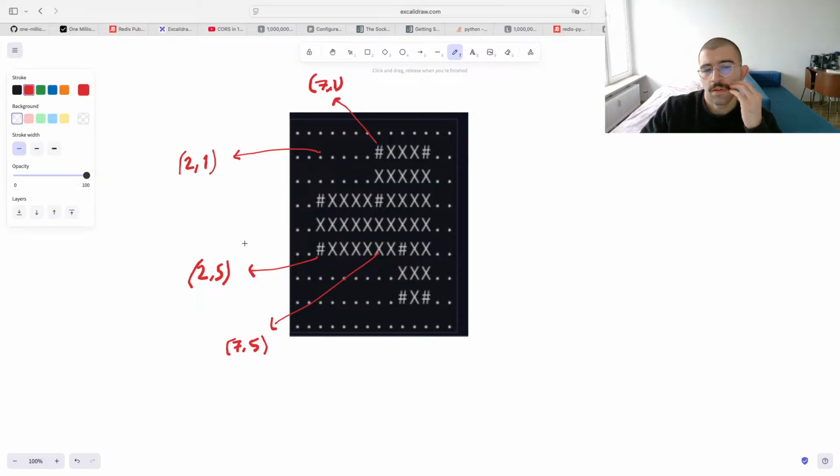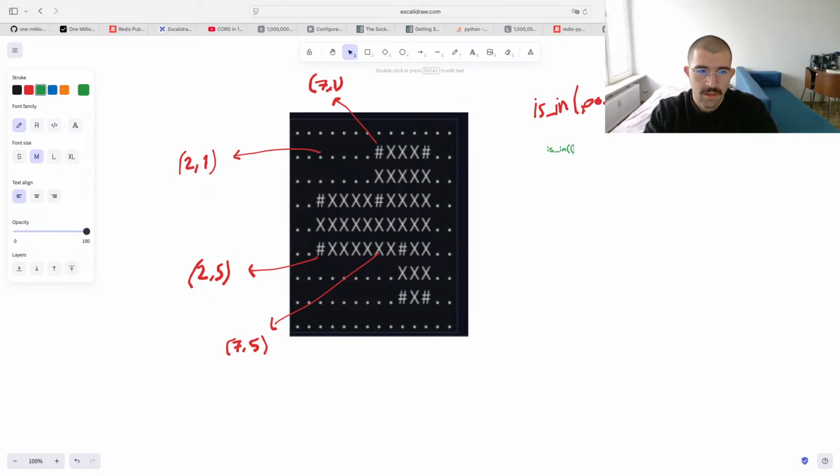Perhaps, once you have that, there can be something like an is-in method that has this position, and then it needs to have this representation of this grid somehow. Position and the grid, but I really don't know how I can represent this grid easily. The position is very easy to see, right? For example, is-in to 1 in our case, and the grid can be